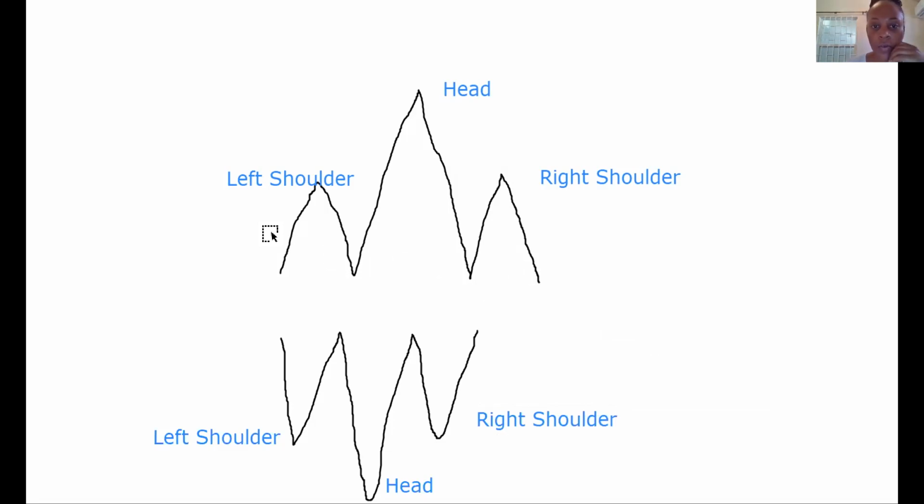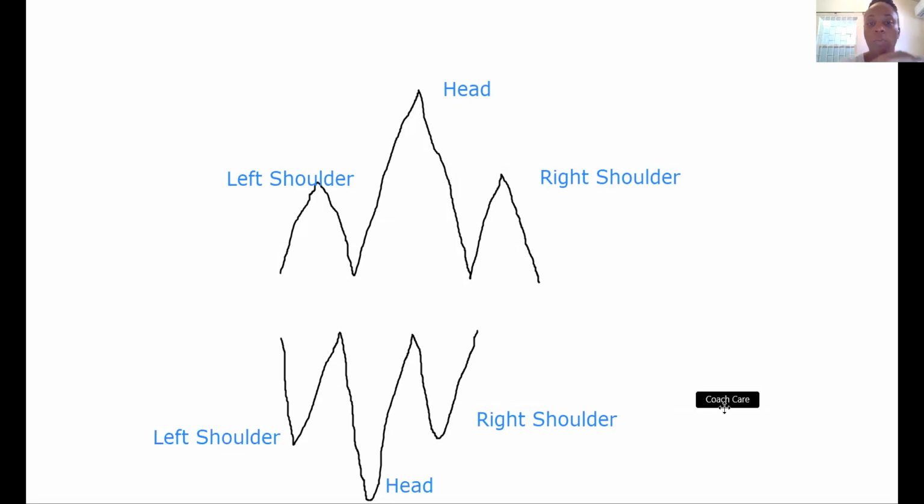Okay, so regular head and shoulder pattern, inverted head and shoulder pattern. It's just changed upside down, right? So this is formed at the end of a downtrend, and this is formed at the end of an uptrend,